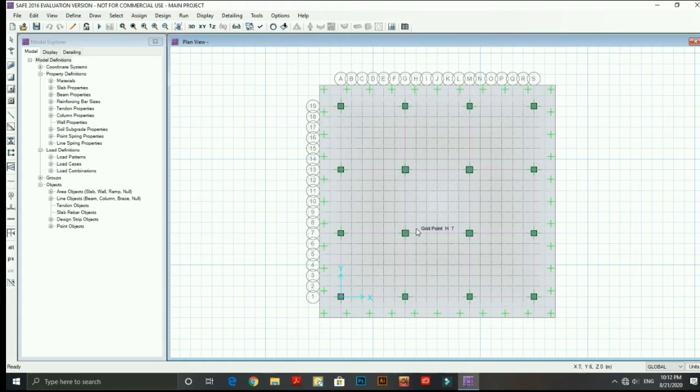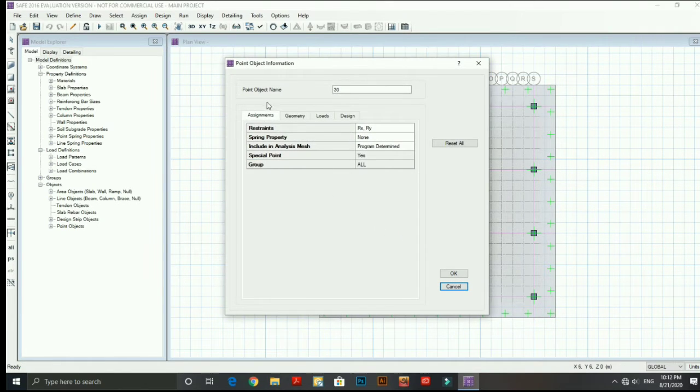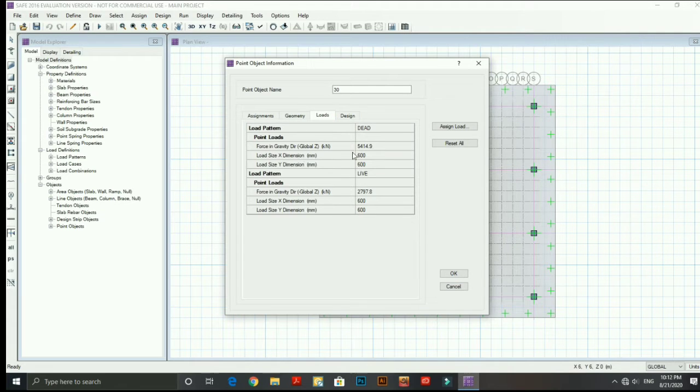Next, as you can see, at the center point of the column, the point load values like dead load and live load are specified here, as shown before.